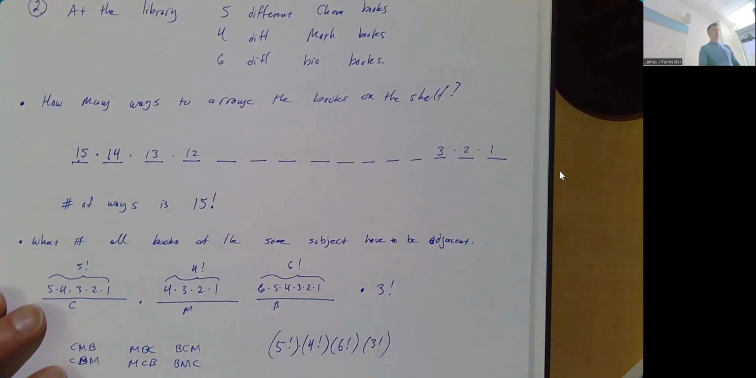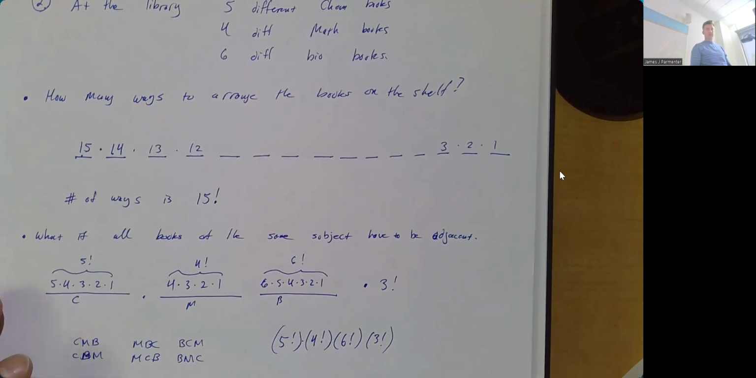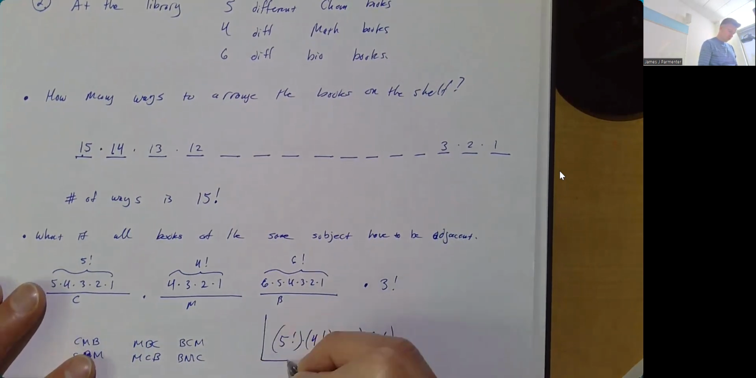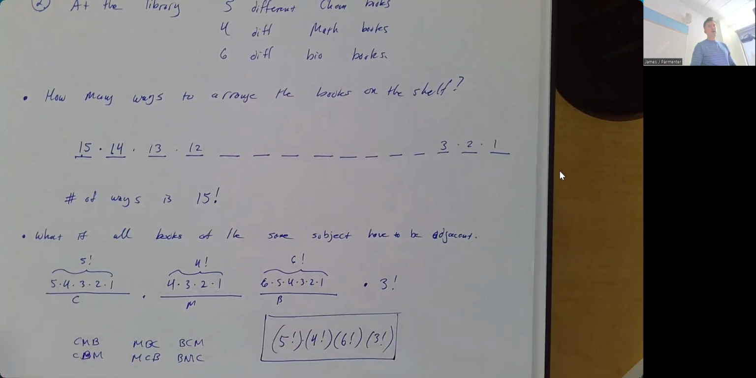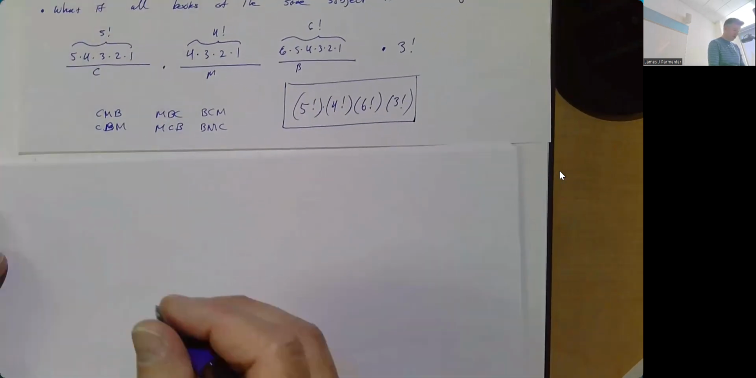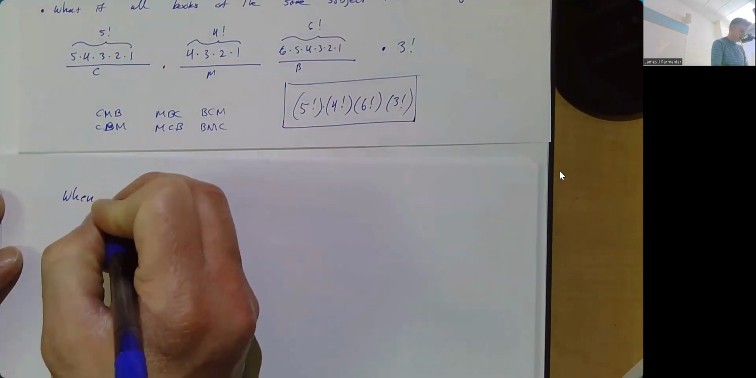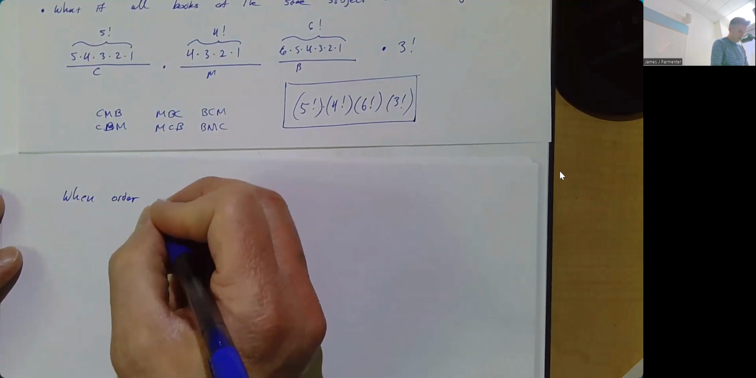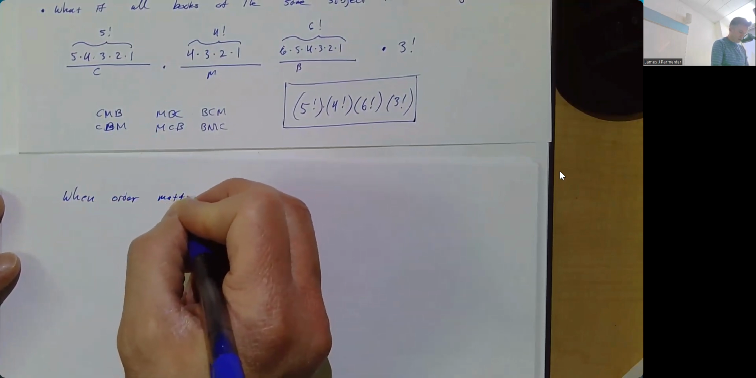When you're multiplying factorials together, it's not a bad idea to put parentheses around them just so things don't get so messy. And so when you're permuting things, the number of arrangements of n things when order matters. So when order matters, and sometimes it can be hard to distinguish for your own self when order matters. But when order matters,